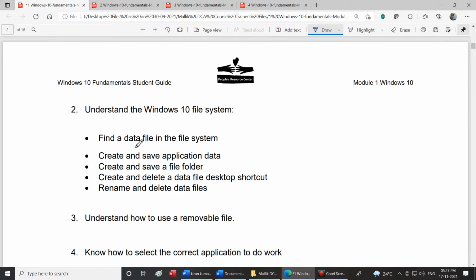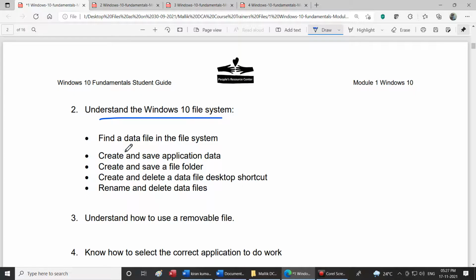After that we would be going to Module 2. In Module 2, what we are going to see is an understanding of the Windows 10 file system. That means the information that is stored in a computer is ultimately in the form of a file or a folder. Folders are used to systematically bifurcate and store information. So we use multiple folders. We may have a main folder such as VIP school. Under that we may have first standard to 10th standard, or English medium, Kannada medium. Like that, as many bifurcations as possible we'll be seeing.